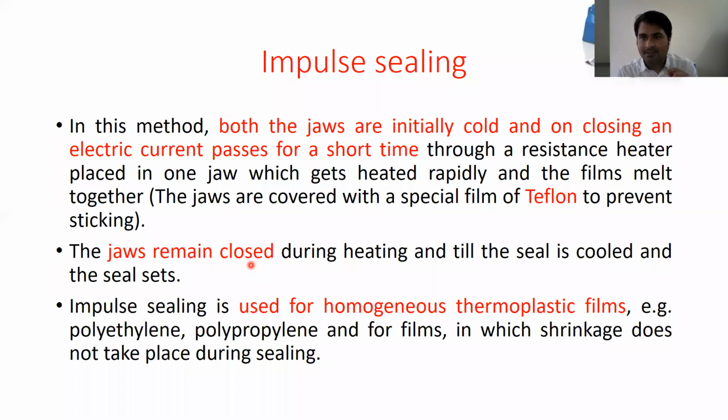The function of the Teflon coating is to prevent sticking. The heat we apply for sealing, joining and melting the packaging material, because the temperature is high, while melting it may not stick to the